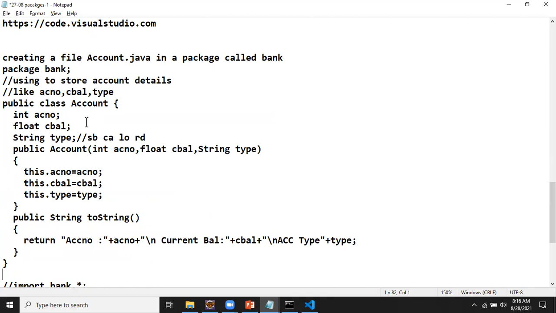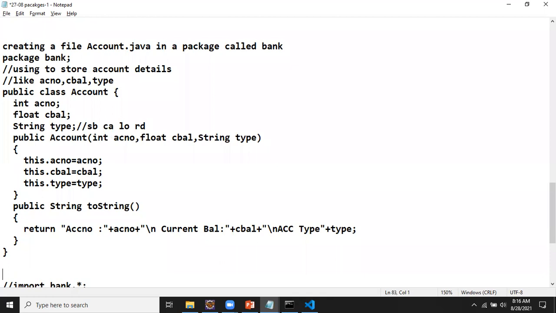Then we created one more file called personal.java, again in the same package called bank.